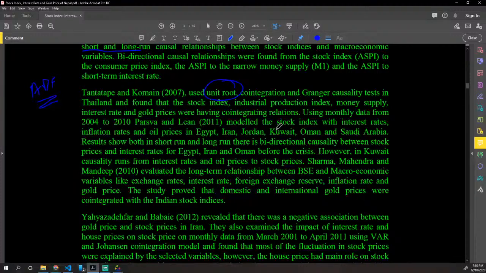Co-integration and Granger causality tests in Thailand found that the stock index, industrial production index, money supply, interest rate and gold prices had co-integrating relations. Okay, so using monthly data from 2004 to 2010, Parsva and Lei modeled the stock index with interest rate,